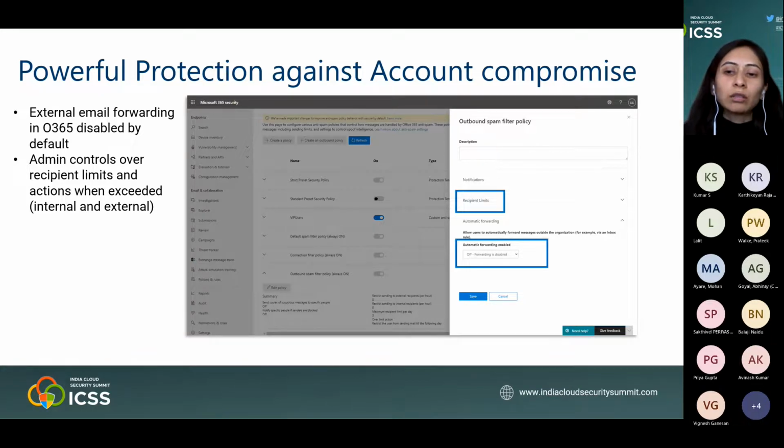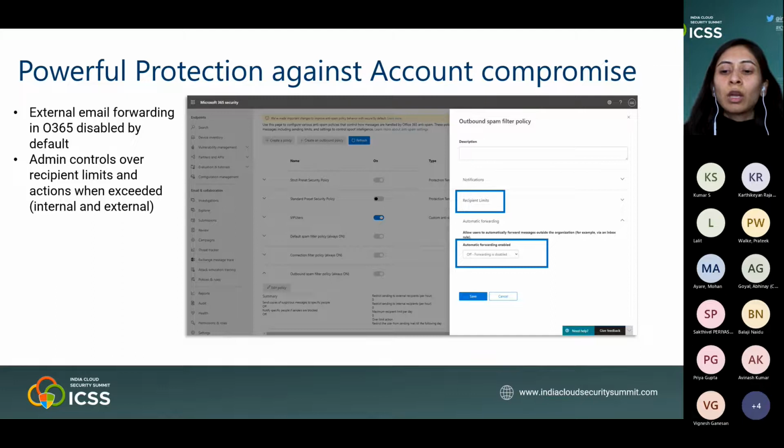Administrators, as in SEC administrators, can create additional policies for specific users to enable forwarding as needed. And for those users that are allowed to forward outside the organization, an additional level of protection is provided through the detection of suspicious forwarding activity. This is also alerting SecOps so they can conduct further investigation, remediate the account, or prevent any suspicious